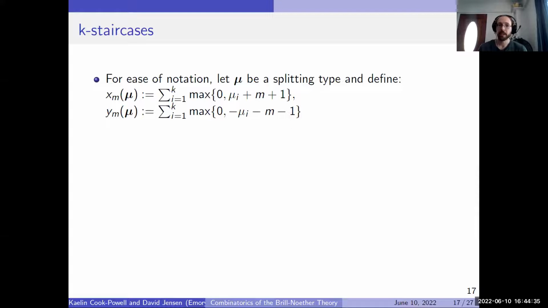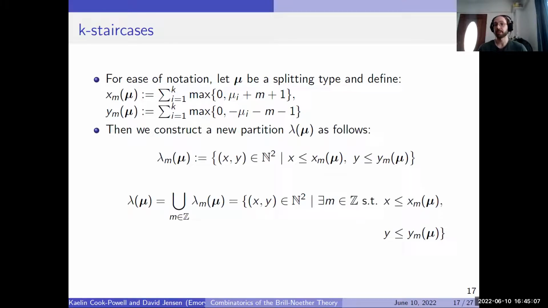So what's happening? Well, if I have a splitting type, I'm going to look at a set of information, which is going to basically be trying to say, here is H0 of a twist and H1 of a twist. Now I'm going to describe these combinatorially just in terms of a splitting type. Maybe I don't want to say H0, maybe I do. But what am I trying to do? For each of these values, M, you do this for every value of M, you can construct a partition,